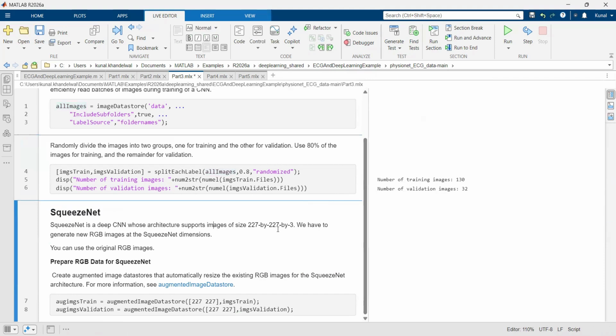If I load SqueezeNet, you'll find that the input layer has a dimension of 227 by 227 by 3. So we have to take care that whatever time frequency images we have are also of the size 227 by 227 by 3. For this, we can use an augmented datastore. Once this is ready, we can go ahead